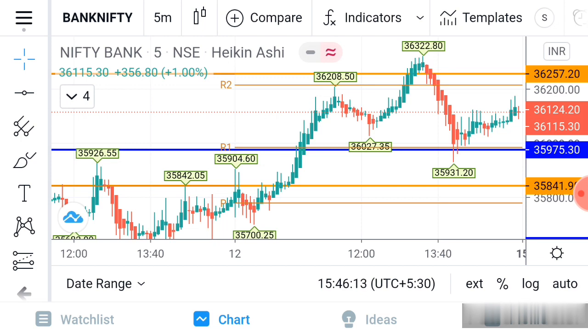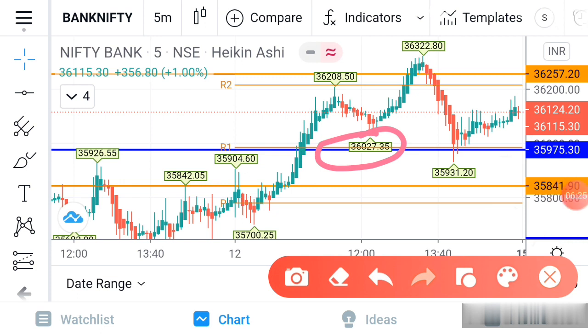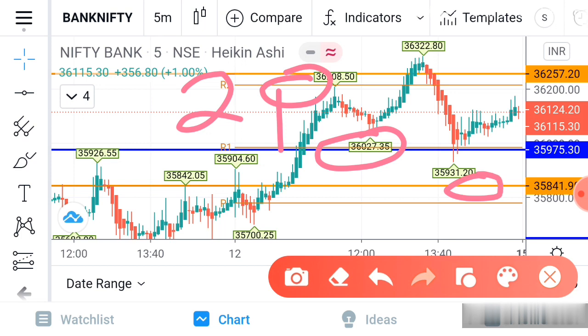And whenever we take an entry, this is a major point. Whenever there is an entry like a previous day high or low breakout with one proper candle, we can take an entry. And if it is a resistance or support breakout, we require two proper candles, and only then can we take an entry. So this is very important: whenever there is a high or low breakout, and the same way if it is a previous day breakout, then also we require only one candle.